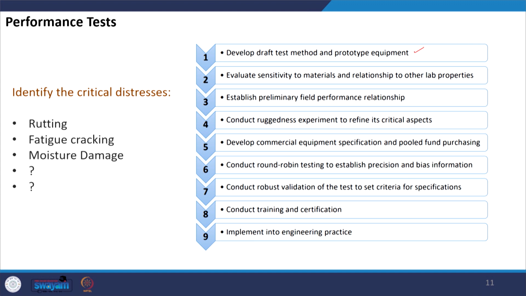So, we have to evaluate the sensitivity of the equipment or test method to materials and its relationship to other lab properties. So, we have to see how the test result is changing. Let us say we are talking about wheel rut depth. If it is a wheel rutting machine, we have to see that the rut depth is